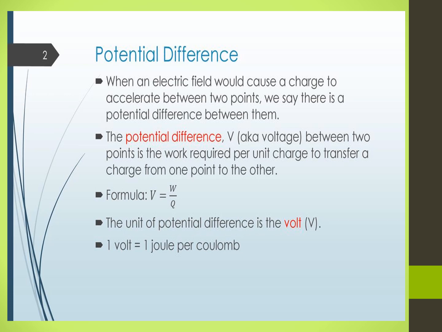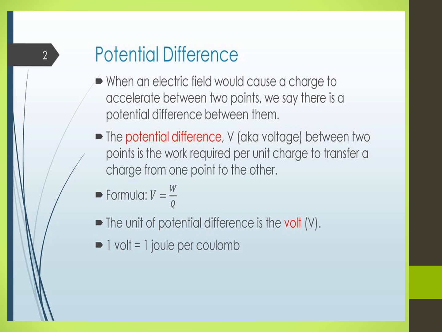So V is equal to W by Q. Already we studied what W and Q are. W is the work done, the amount of electric energy converted into other forms of energy, measured in joule, and Q is the amount of charge, measured in coulomb. So the SI unit of both EMF and potential difference is the same. What is it? That is volt.